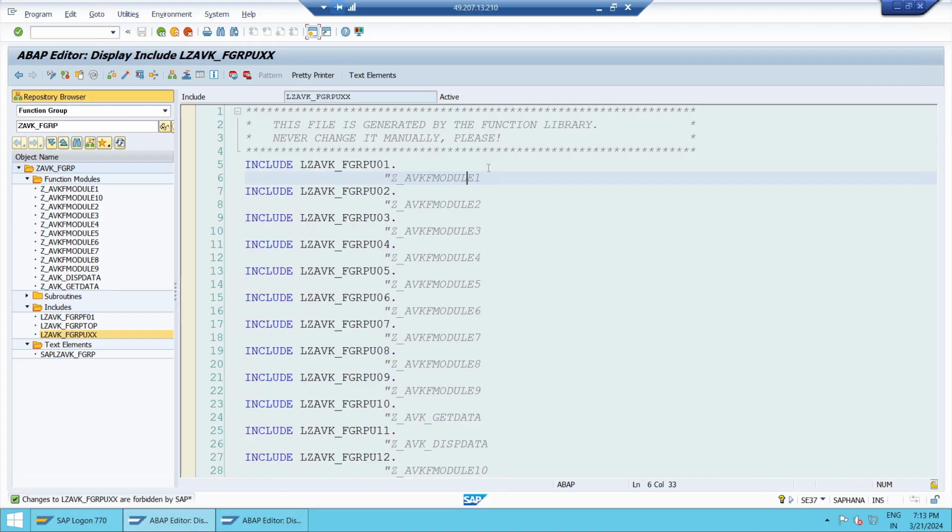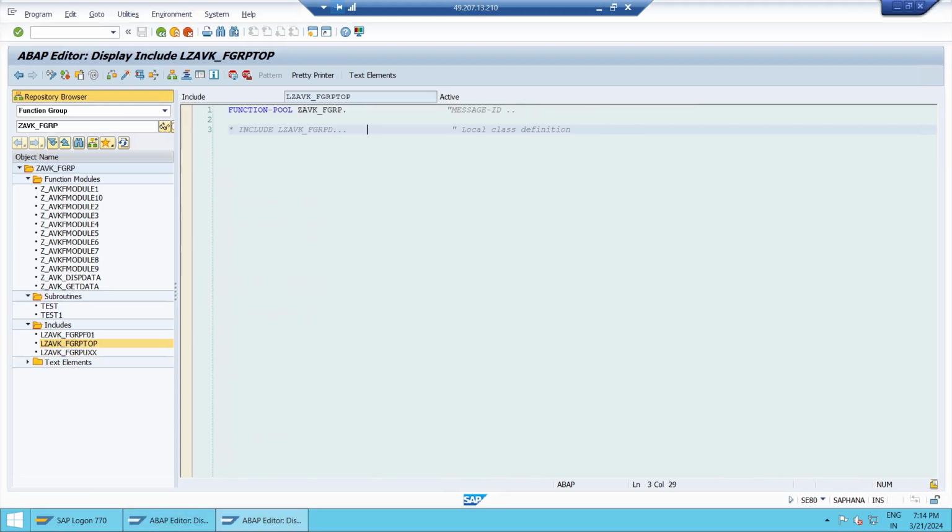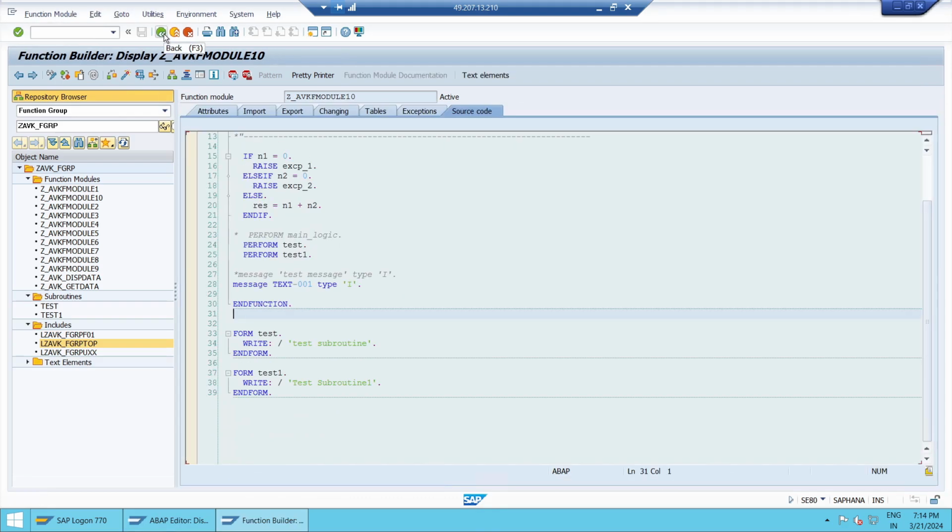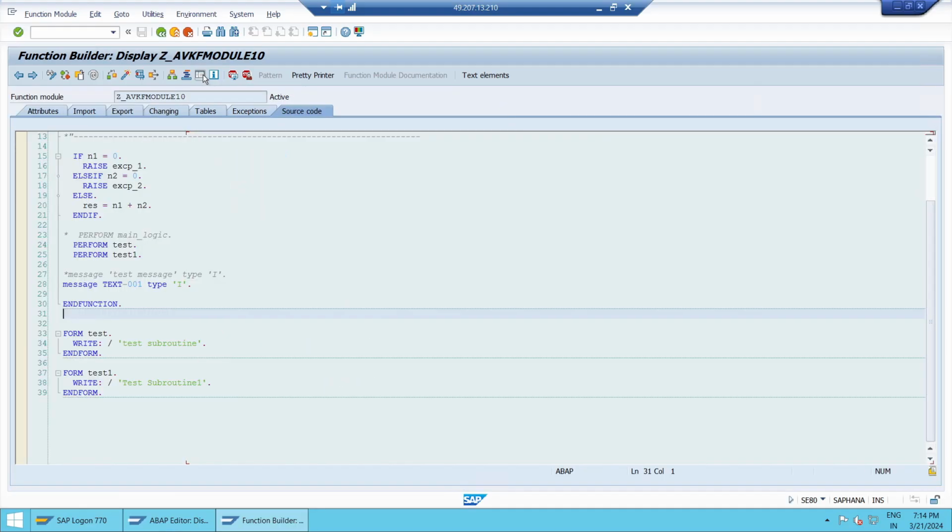Because you have to see how this function group is organized. Okay. Right. Go back to our normal view; if you want to come back, you can just click on this full screen off. We will be back to our normal view. So these are all just for our understanding sake,